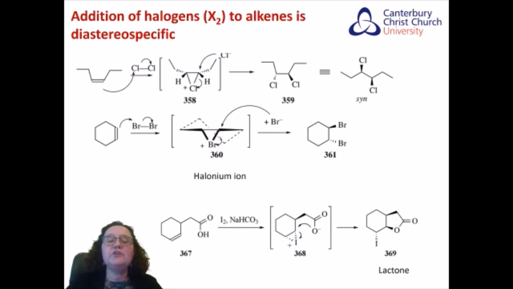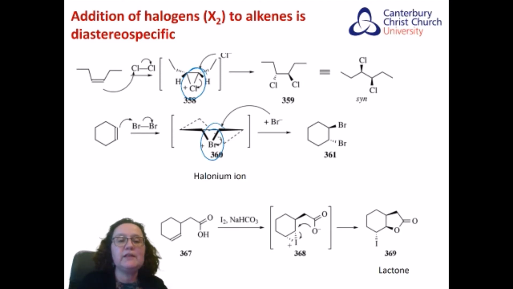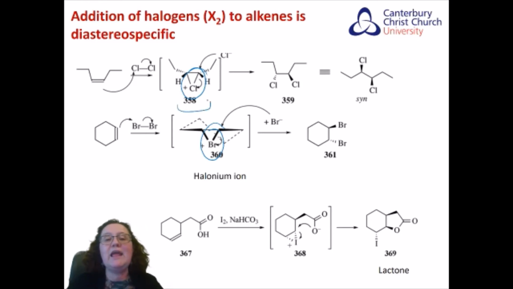The addition of halogens X2, Cl2 or Br2, is diastereospecific, and that is because you form an intermediate called a halonium ion. In the first step, the double bond attacks one of the chlorine atoms, which eliminates the other chlorine atom, and you end up with this halonium ion. Then the next chlorine atom attacks and breaks that structure, so you end up with both halogens